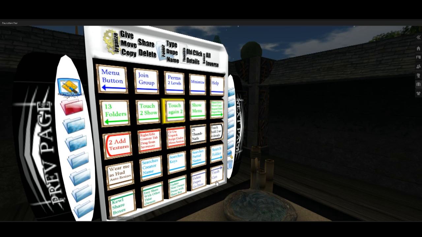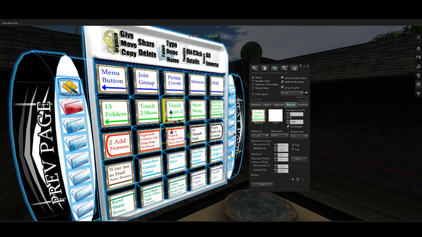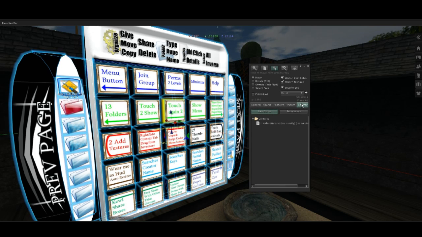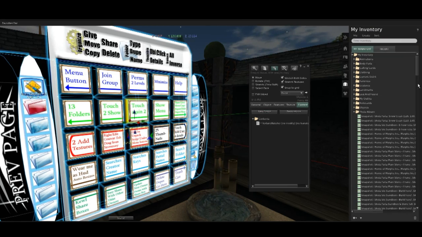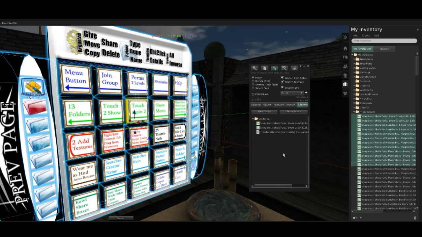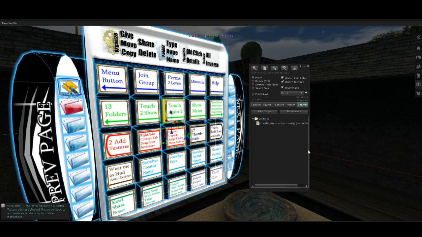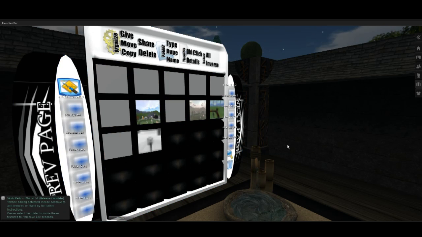So the first way to add content into your TMat is you right-click, you edit, go over to the Content tab, and then open up your inventory and just drop some textures in there. Now, what happens next is your TMat will prompt you, it'll say, please continue to add textures or wait for further instructions. I'm going to go ahead and wait now for the further instructions,